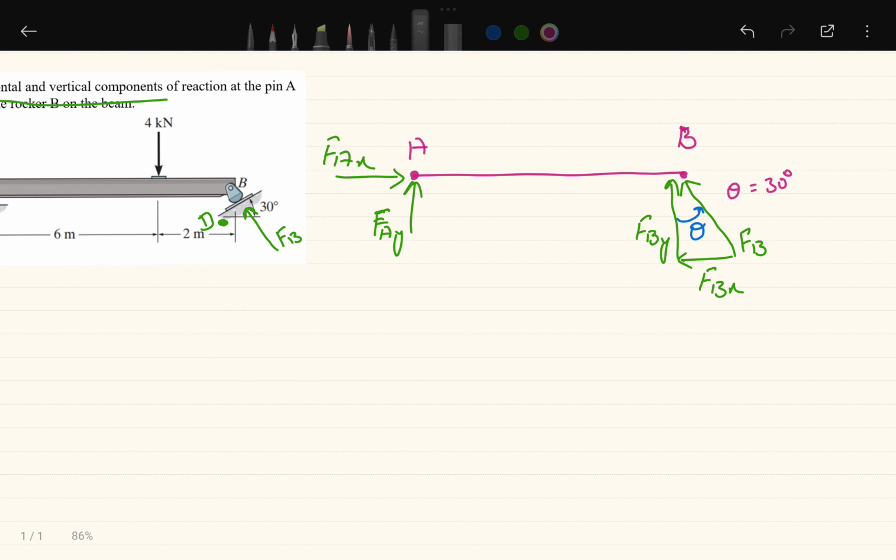Okay, now the rest of the problem is here. I forgot to put this force here, which is actually 4 kilonewton. And in the free body diagram, keep in mind you must mention the distances as well. So that is actually 6 meter, and then you have 2 meter. All right,